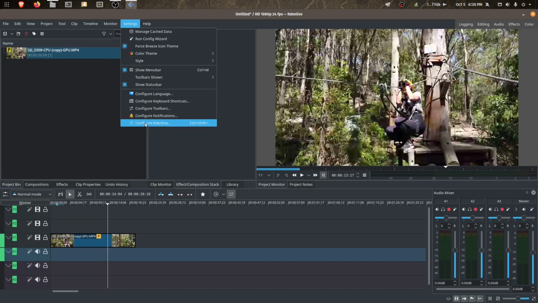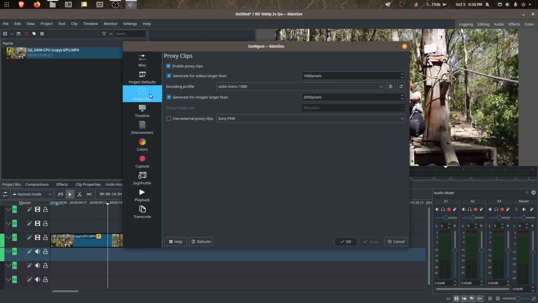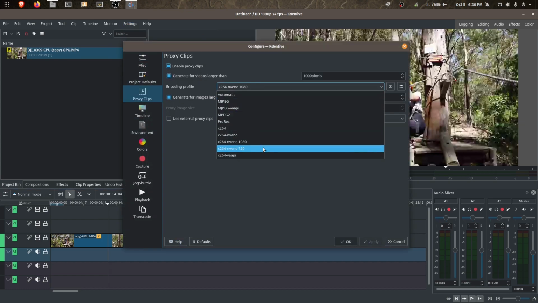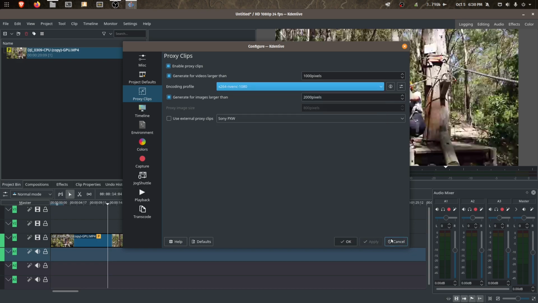So anyway, what we've talked about, setting 720p, 1080p, is actually pretty useless. So just stick with X264 Nvenc, or if you have an AMD card, X264 VA API. So you should be fine. And that's pretty much it for